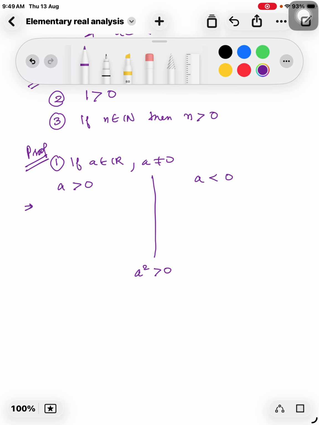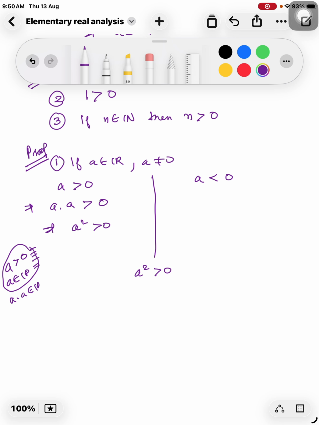Now if A is positive, then we have already now देखो, एक तो हम कह सकते हैं A greater than 0 means A belongs to P, फिर A into A belongs to P, बट अब A belongs to P या A greater than 0 को हम सेम मान के चलेंगे, P को अब लाने की ज़रूरत नहीं है, उसको छोड़ देते हैं। तो A greater than 0 मतलब A into A भी पॉजिटिव है, विच मीन्स A square इज़ पॉजिटिव।